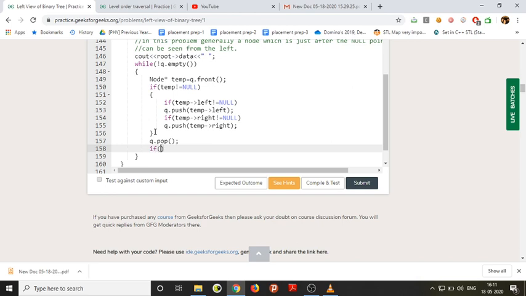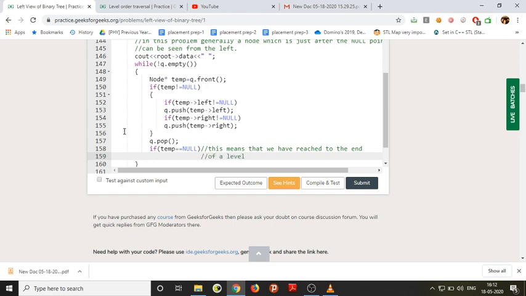Now if temp equal to null, this means that we have reached the end of the level.